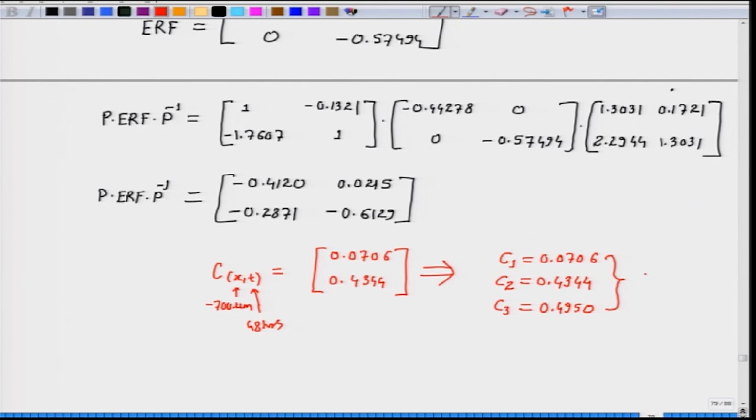So, this will be in atom fraction. Okay. So, this is how we can use the multi-component diffusion solution to get the concentration as a function of